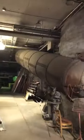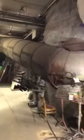And so this is what's on the outside of the cave. This is one of the big tunnels. So when you go down, you're actually inside, kind of inside the garage. And then